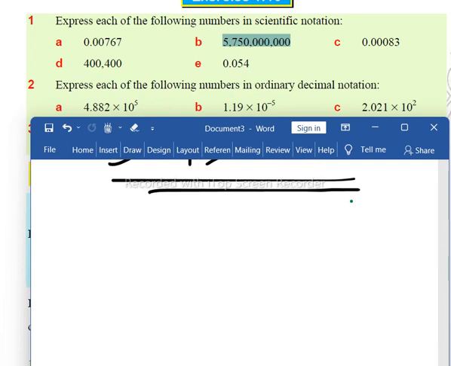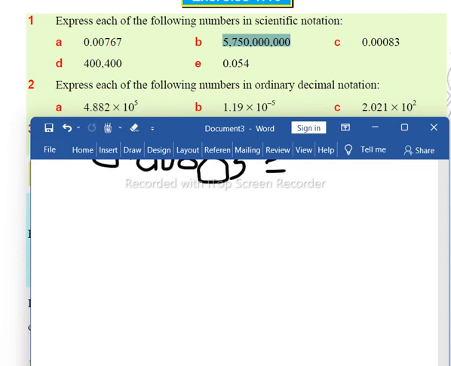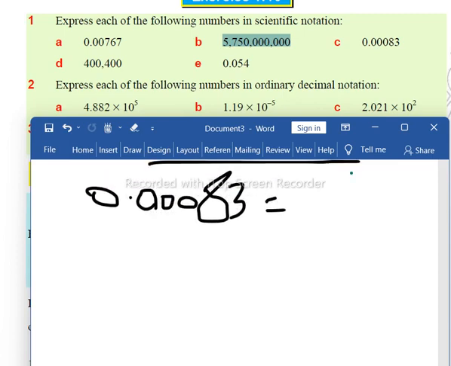Let us see. C says 0.03, we have 30, then 83. Let us write this in the form of scientific notation. We take the number 8, except 0, 8.3 times 10 to the power of